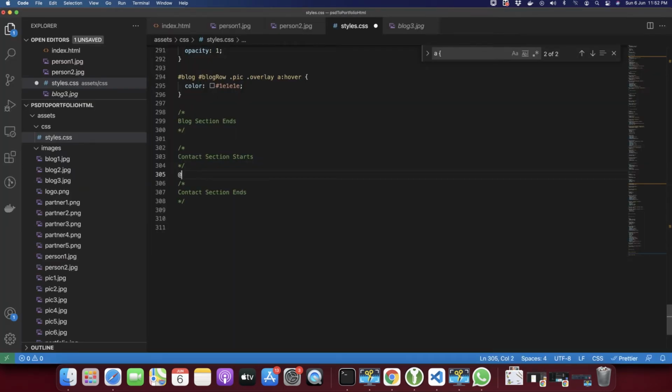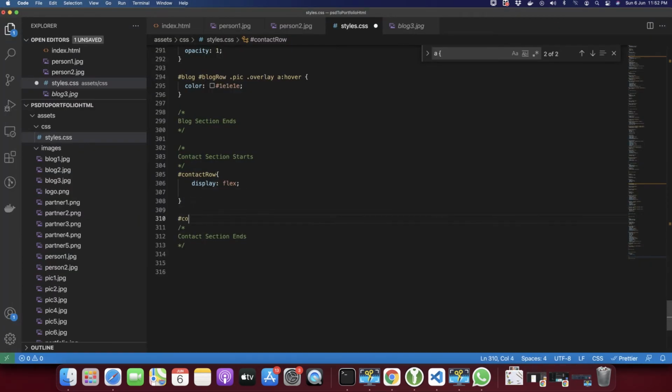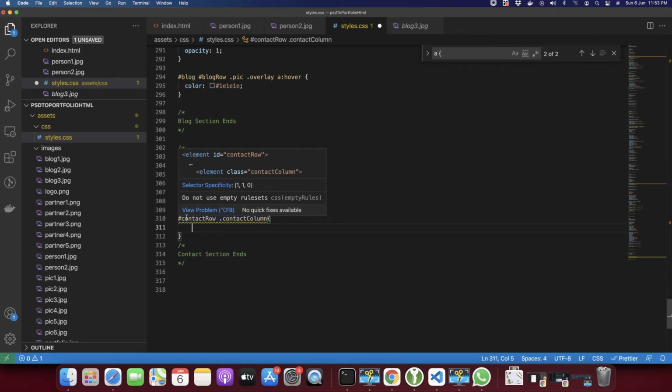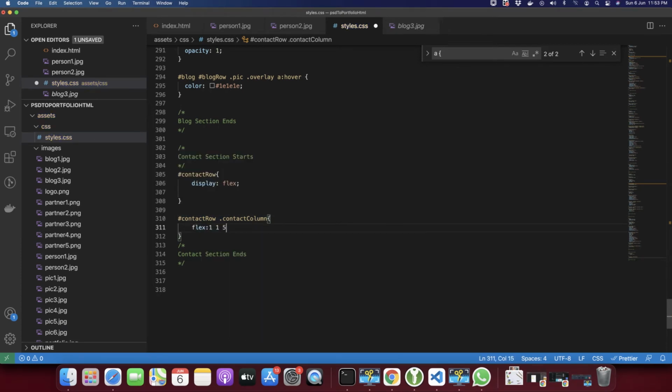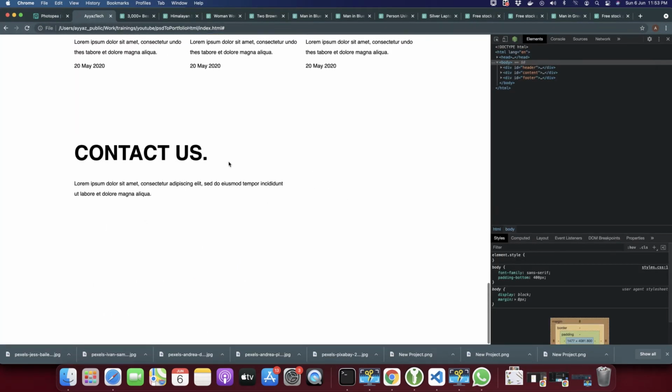So I will add the selector for the contact row, then add display flex, and in the contact row we have the contact column, and we are going to set the width. As we can see, the width for every column is 50%, so we are going to use flex 50% and reload it. Okay,